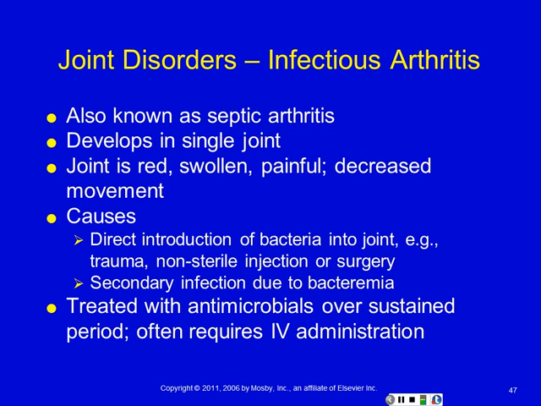Joints can get infected, and that is also an arthritis. Remember, arthritis just means inflammation of the arthros, which is the joints. This is called a septic arthritis. The classic board picture here is a single red, swollen, painful joint with decreased movements. Normally, with osteoarthritis and rheumatoid arthritis, it's not just one joint that's affected, and it doesn't come on real fast. If you have a sudden presentation of a single red swollen joint, you have to assume that it's an infectious